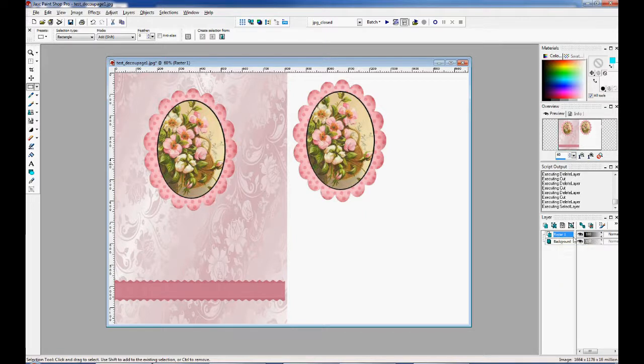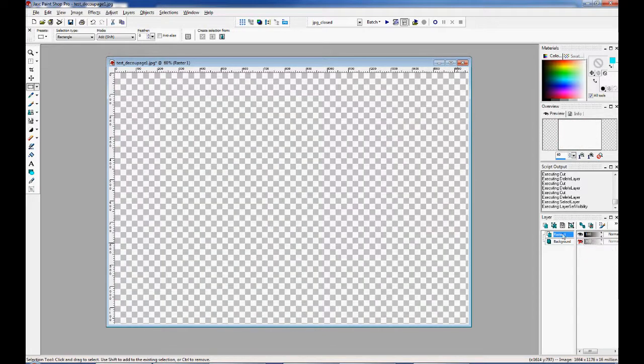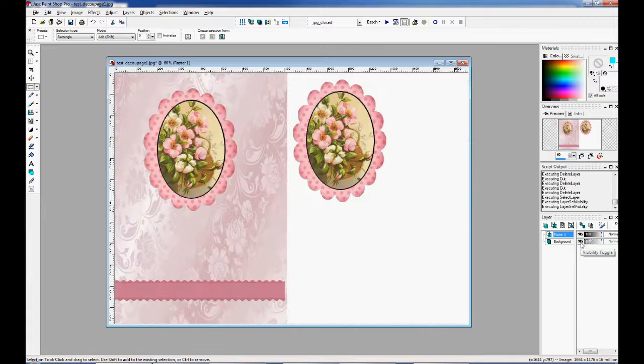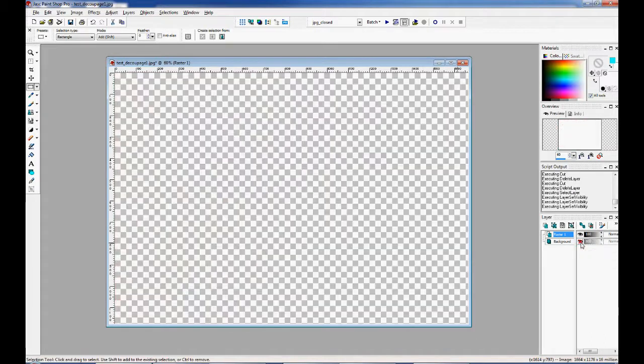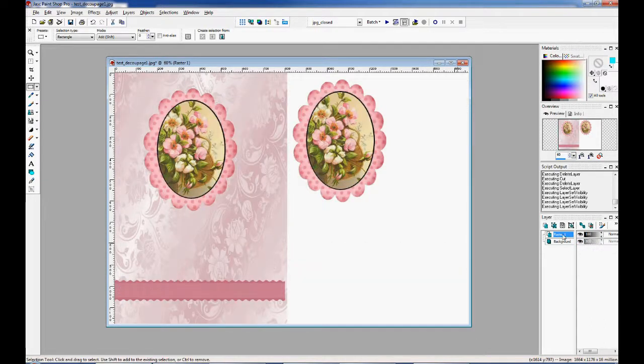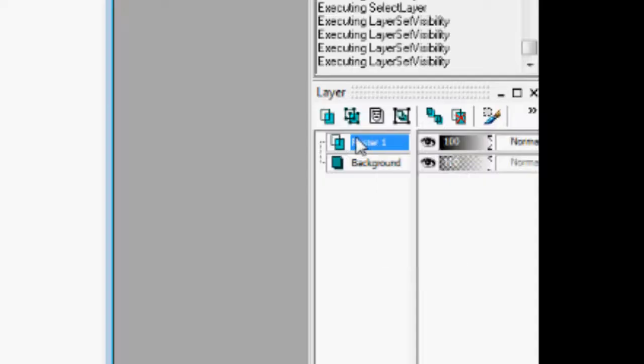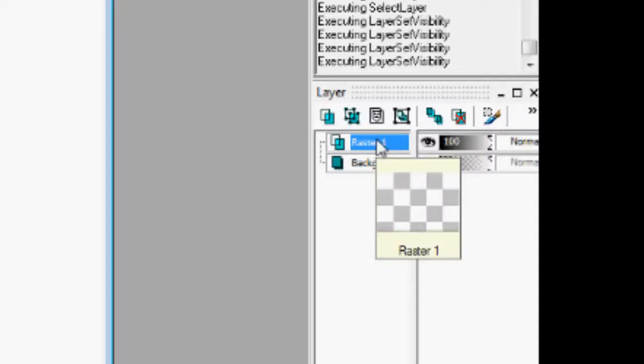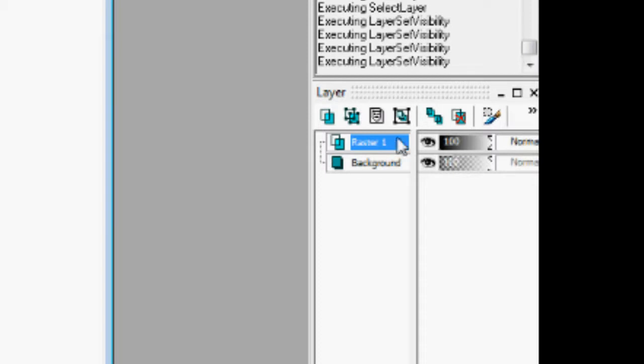Now you can see we've got this background layer, and if I just turn the visibility of that off, we've got a blank layer over the top. So our original layer, second layer. So this second one, which I've made sure I've clicked, is just a blank one. We're just going to use it to get the selection. To get the selection,